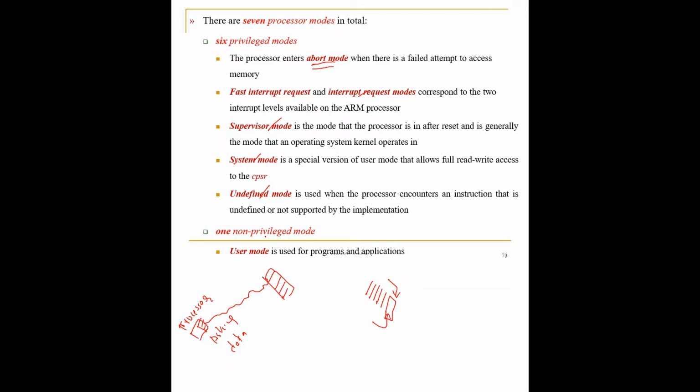In the non-privileged mode, you are not allowed to write anything to the control field of the CPSR. In the CPSR, there are 4 different fields. The first is flag, second one is status, third one is extension, and the last 8 bits are for the control field. These 8 bits of the control field of the CPSR can only be read in the non-privileged mode. It cannot be written. You cannot write the contents as per your choice in the control field of your CPSR. That is what your non-privileged mode is.